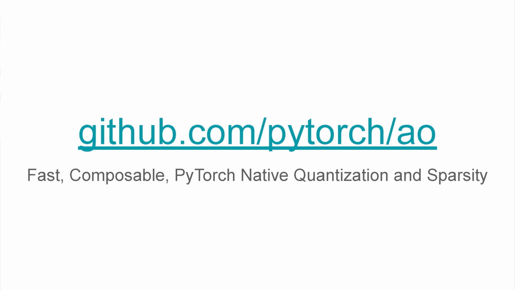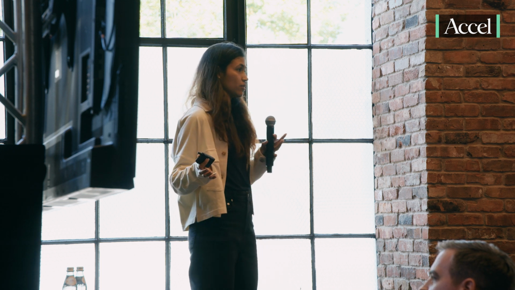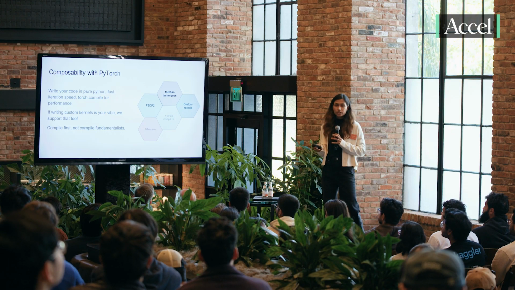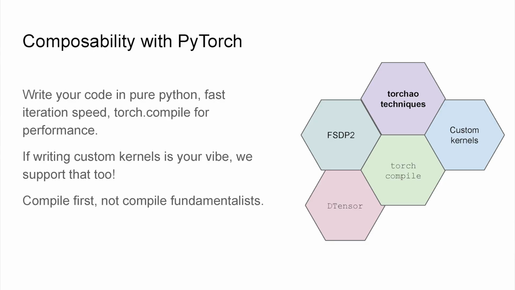And so our vision with torchao is that it should be trivial for you to quantize or sparsify any part of your model to whatever data type that you want, whether it's your activations, your gradients, or your weights. Run it for training or inference on a single GPU or 100 GPUs, all in native PyTorch, and all without sacrificing any performance. So how do we do this? In torchao, you can write your code in pure Python, and that gives you really fast development speed, and you can take advantage of torch.compile to generate fast performant kernels. And you also get the composability support that you see in this diagram.